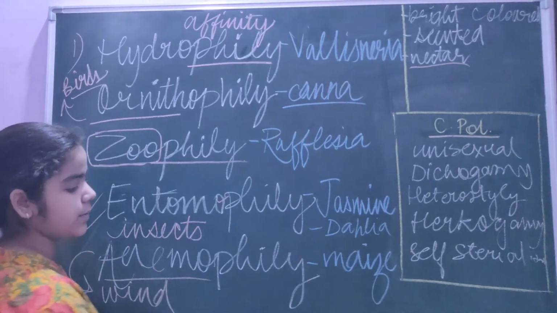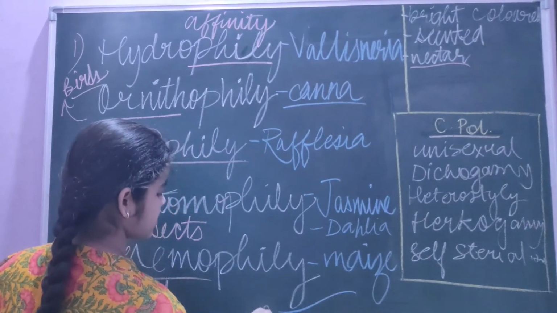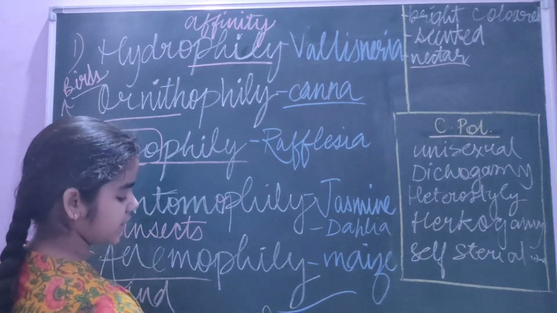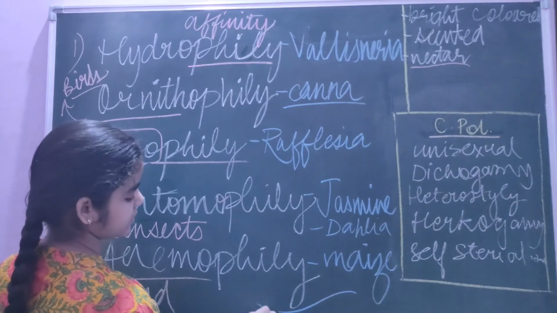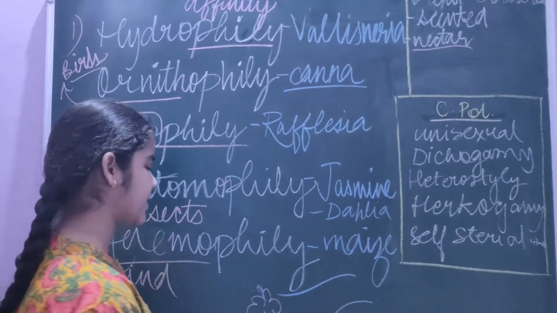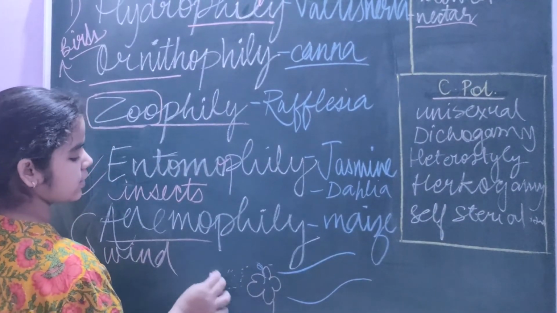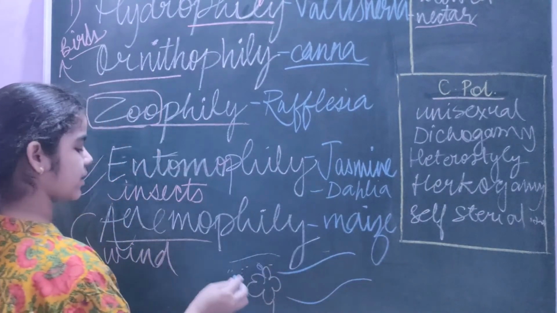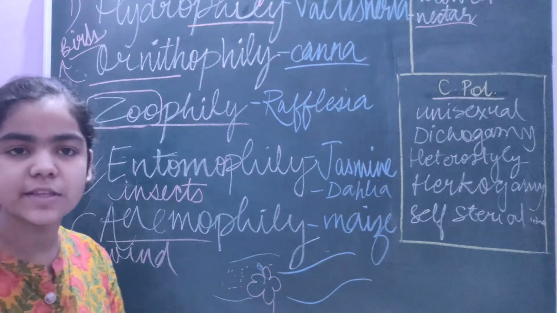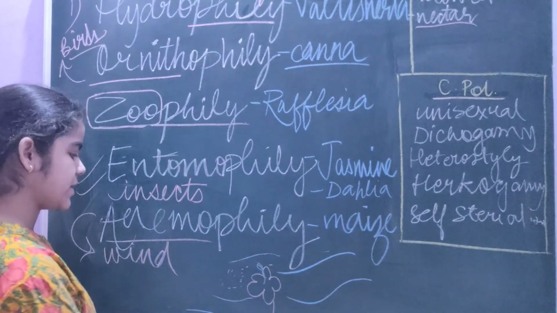Now when the wind comes, suppose this is the wind and this is your flower. One important thing to mention is that the stamen and stigma should be loose, so that the wind can take the pollen grains away with it. What will happen if these are in less amount? Anything which is less could be lost, it could fall on the ground, and the pollination will not occur.